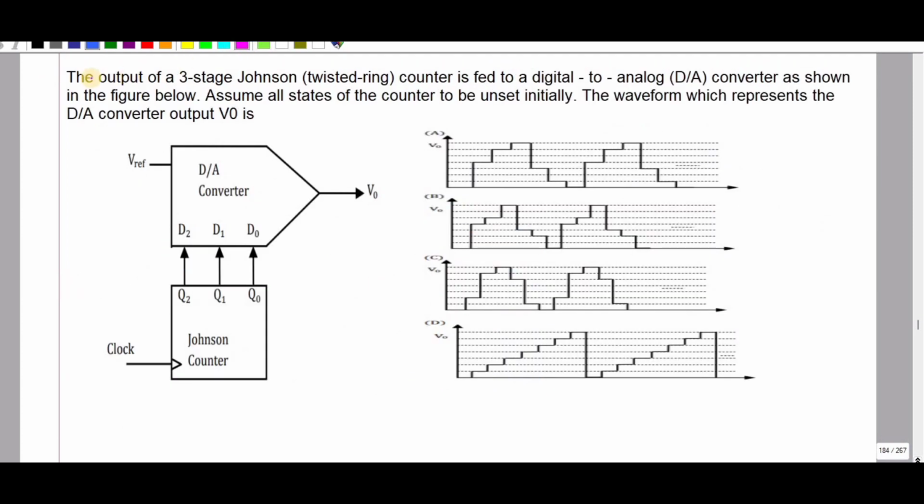So next we will go for another problem. The output of the 3-stage Johnson counter, also called a twisted ring counter, is connected to a digital to analog converter, which is shown in the figure. So initially, if this is 0, 0, 0, what does the Johnson counter do? This value is inverted, and that is given to